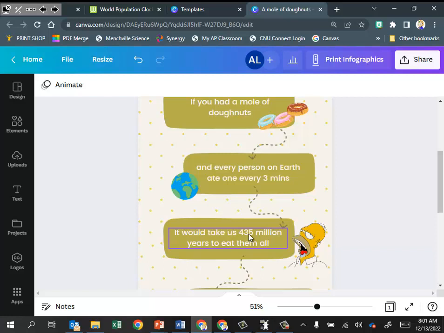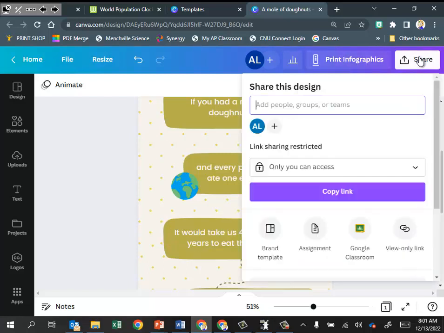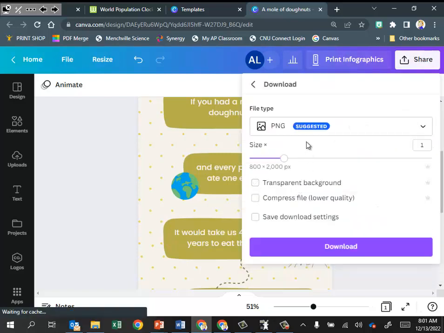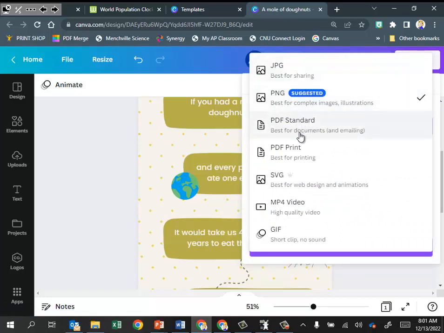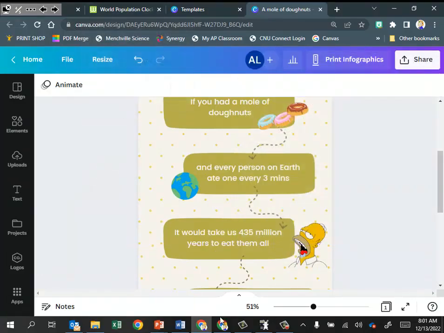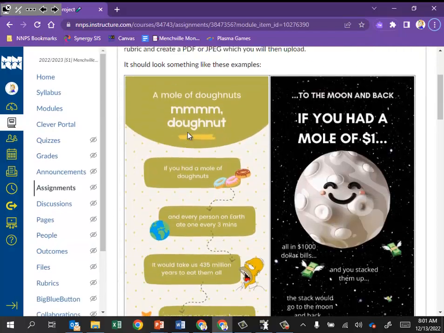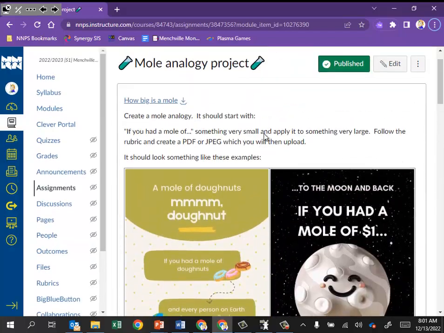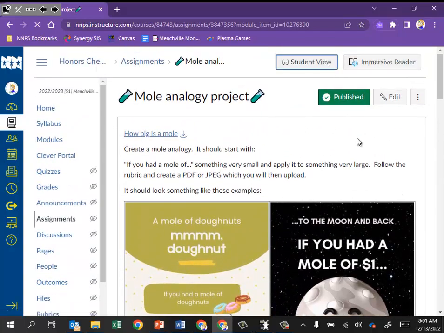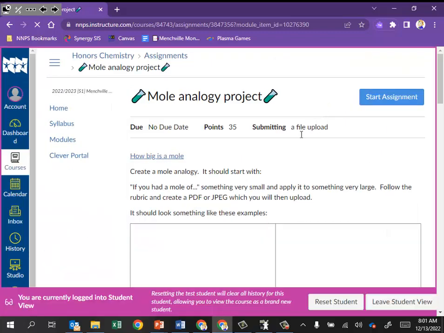You'll download this by hitting share, go to download, and download it as either a PDF. It's going to recommend a PNG file. It doesn't matter to me what you download it as. You'll upload it into Canvas, and the rubric is here. All right, as far as rough drafts go, as long as you have discussed with me what you are doing, which is usually the day after we're in the library, then you're